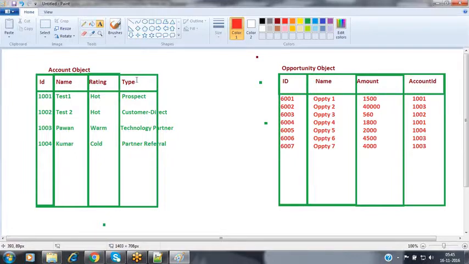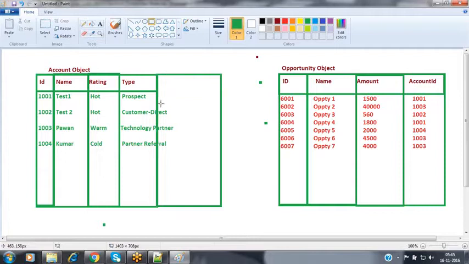So we have to collect each and every opportunity record which we have generated for the same customer, collect all those opportunities, get the amount values from each opportunity, and make it a sum. That sum value I want to show along with that customer record. Customer means the account record here. So here I want to add a new column. Inside this column, I want to show how much revenue we have generated from this customer as of now.